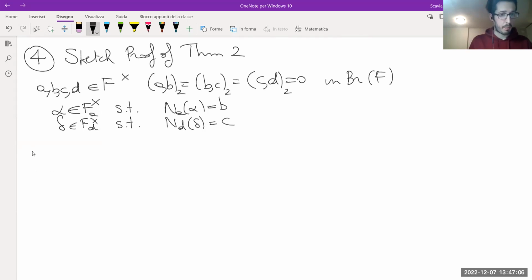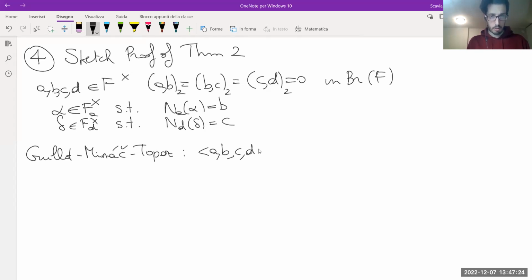Okay, now Guillot, Mináč, and Topaz gave a condition for when a fourfold Massey product vanishes. So they showed that ⟨A,B,C,D⟩ — notice that I started with any D for now — vanishes